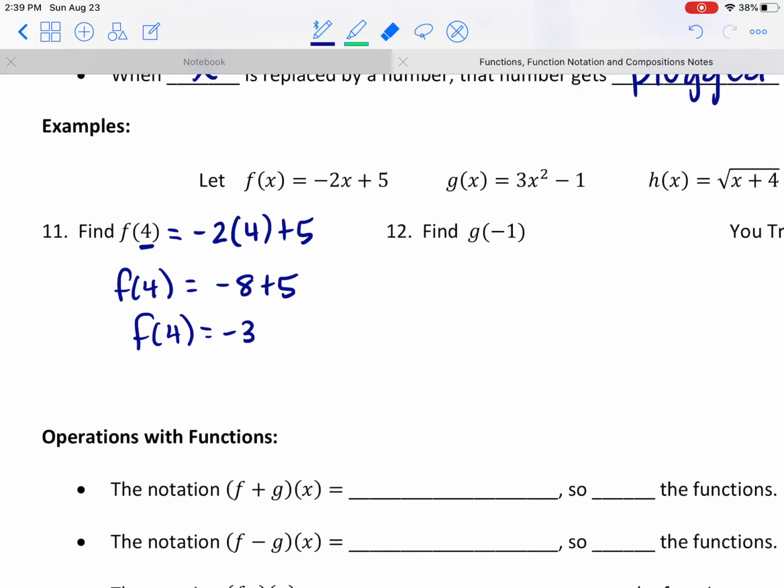Now, what does it mean when we say f of 4 equals negative 3? Okay, when we say this, remember what happened was this 4 was plugged in for x, and the result, the output of the function when we input 4, represents a y value. That means if we were to graph this function f of x, there would be a point on the graph when x is 4, y is negative 3. So there would be a point on that graph at 4 and negative 3. Okay, so when we are plugging and evaluating with function notation, what we're doing is we're finding points that are on the graph. So when we say f of 4 equals negative 3, this means